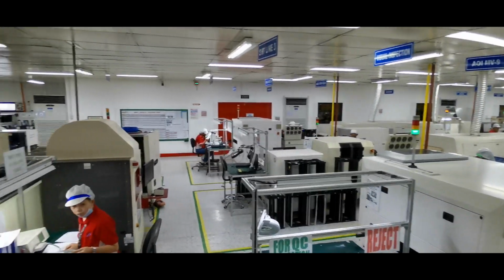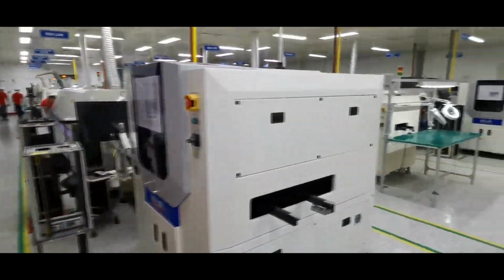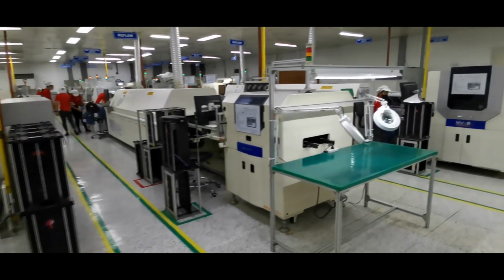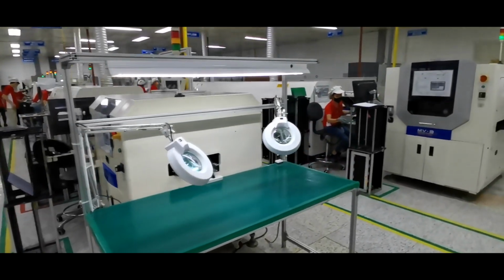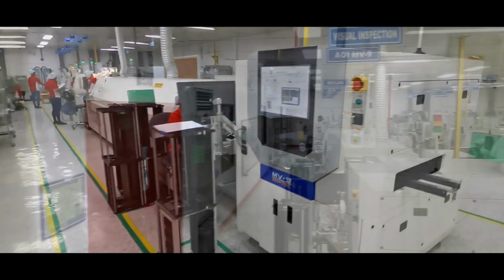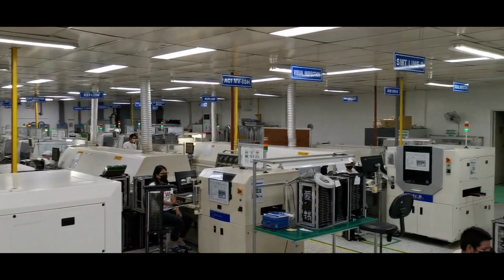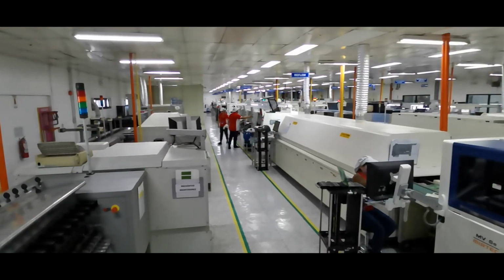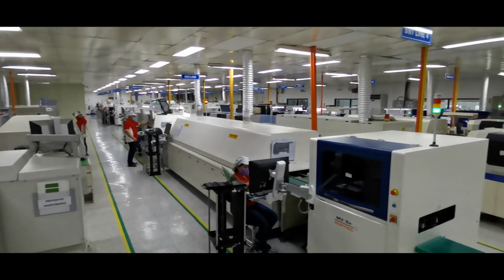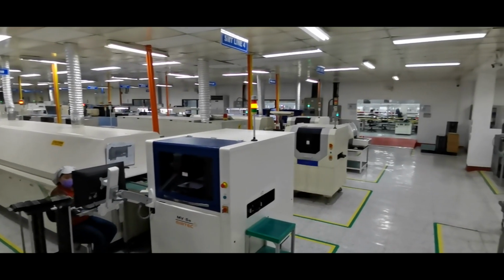This is the production SMT area. Production SMT has a total of 6 flexible lines. For the Elecsys SMT line configuration: